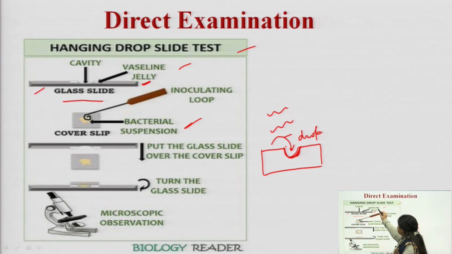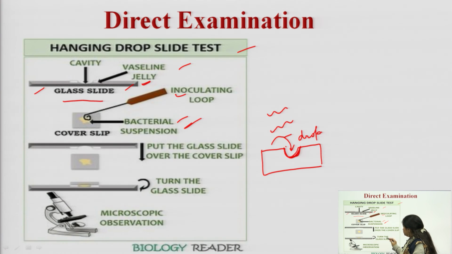So first, you have to take a glass slide which has a cavity within it. A special type of hanging drop slide needs to be taken. After that, you need an inoculating loop. The inoculating loop is required for the transfer process, and that also must be sterile. After that, you have to make a bacterial suspension. Why do we need a bacterial suspension? Because we can't see the condensed samples. Dilutions have to be made, that is 1:10, 1:100, whatever dilution is required, to make that bacterial suspension dilution.